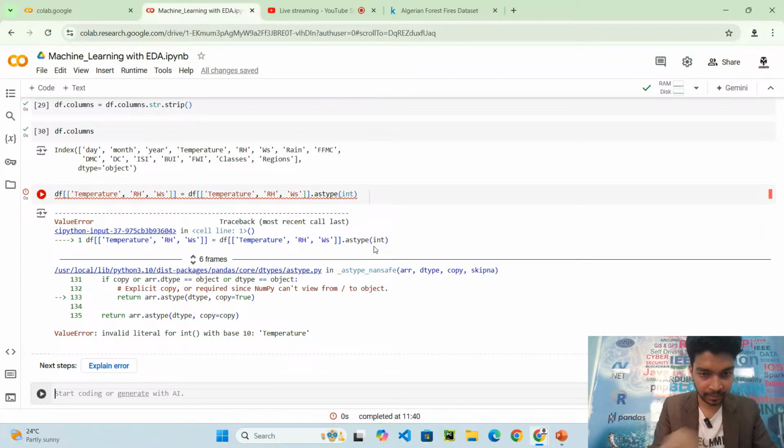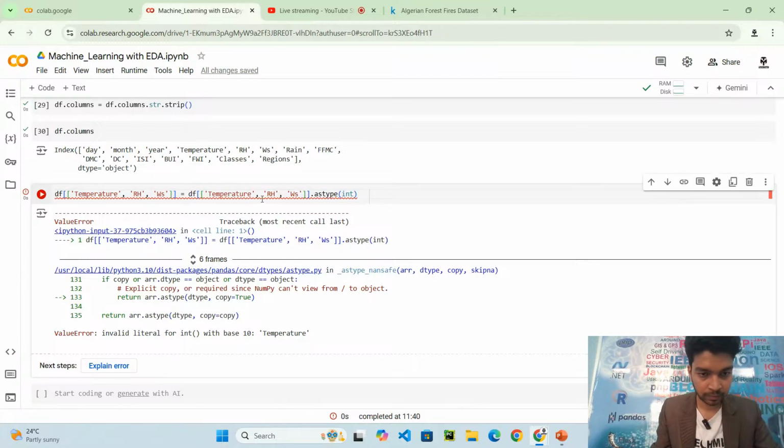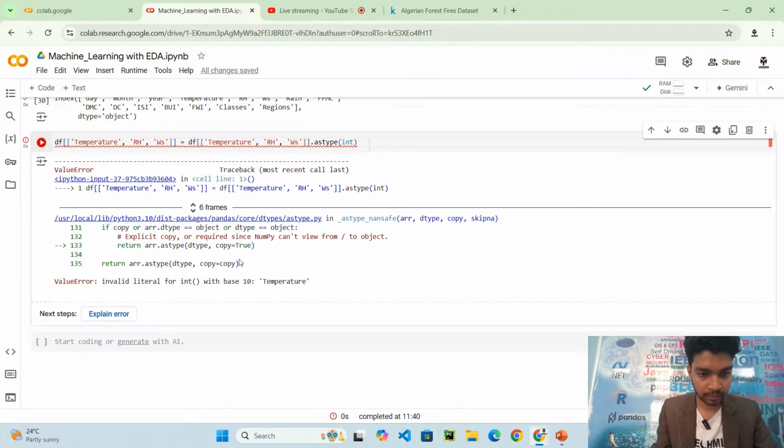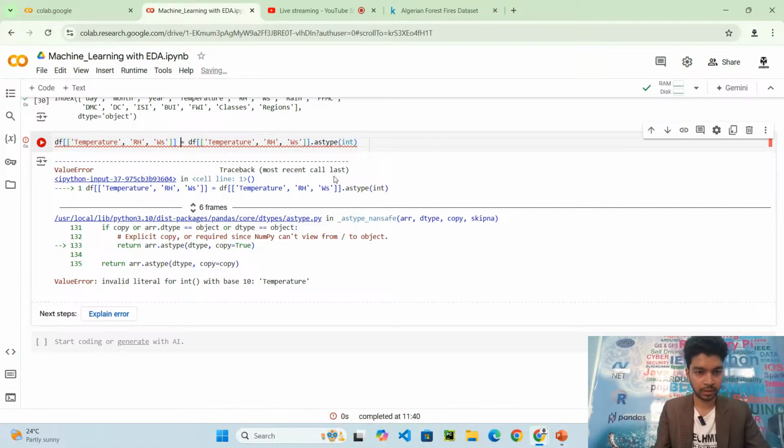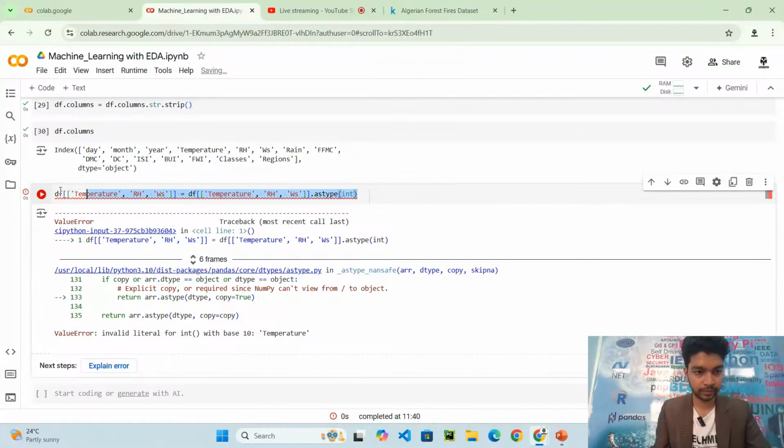Okay, I'm getting some error again. astype integer. Invalid literal for int with base 10. astype is a function. One second.